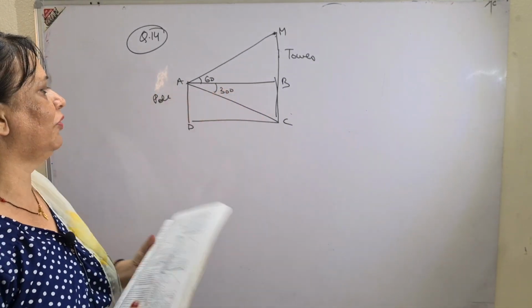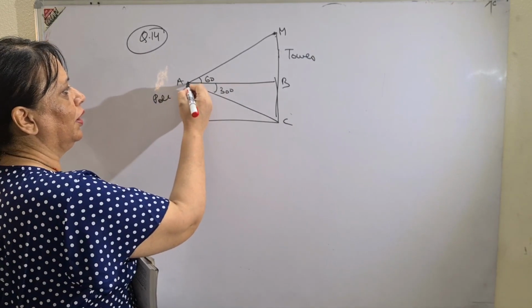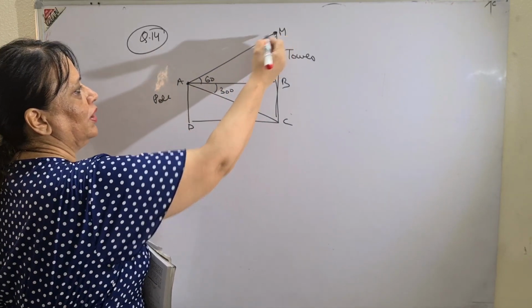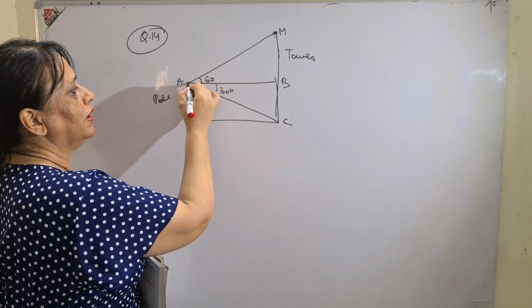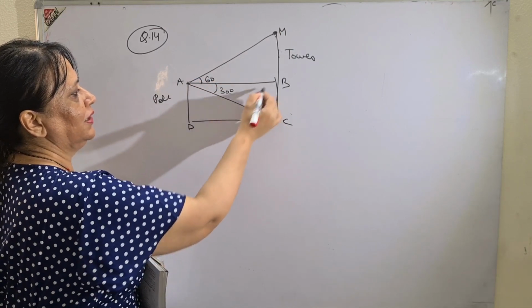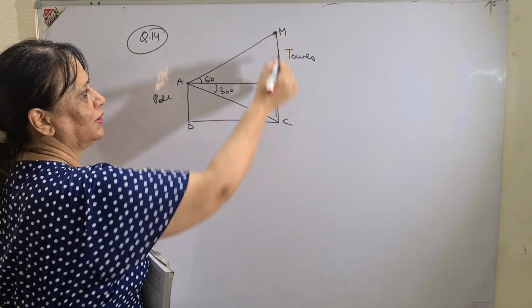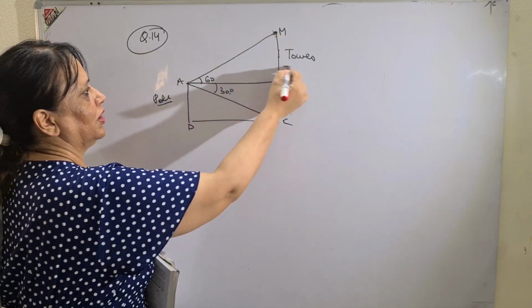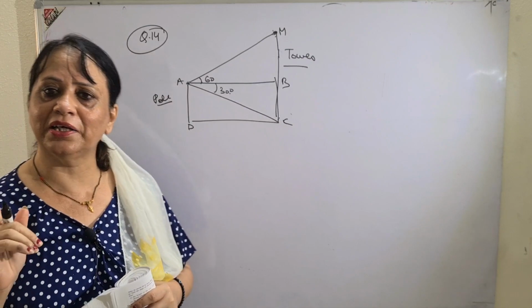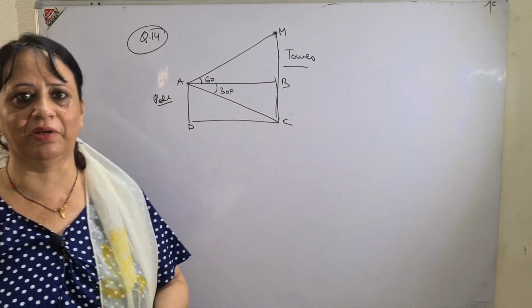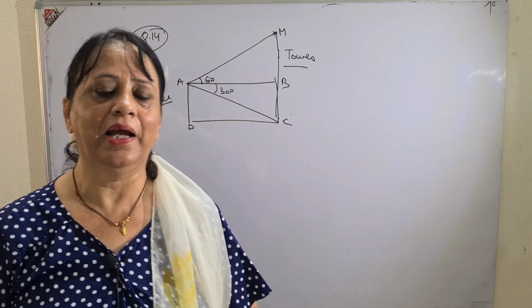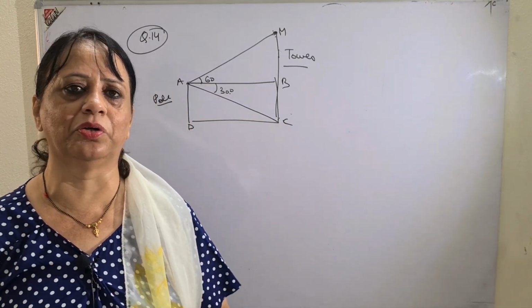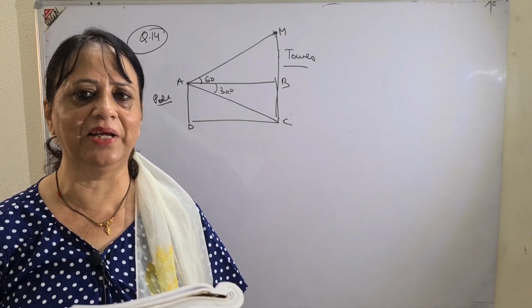I've just done what? Top of the pole to the top of the tower. If you understand this line, the angle is 60 degree. From the pole, the angle of depression is 30 degree. Depression of what? Tower. So tower is the bigger one and pole is the shorter one. And you will get confused here only. So be careful about the language. Read the language again and again. And I'm sure when you will do it 1 or 2 times, the questions will be very, very easy for you.